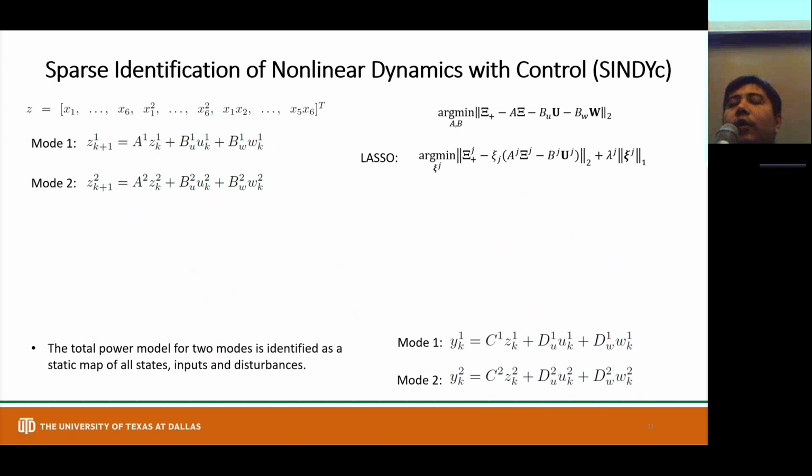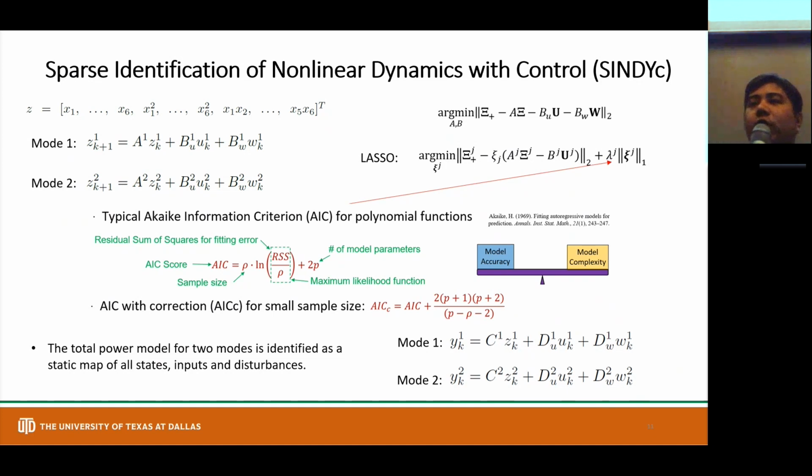And then I use the SINDy to do the model reduction because you choose the kernel functions. Some nonlinear terms maybe are not important. It can be zero. The coefficient can be zero. So there's a certain way to determine which need to be zero, and it can reduce the complexity of the model. And the SINDy is the dimensional